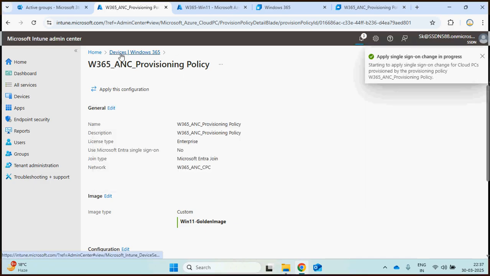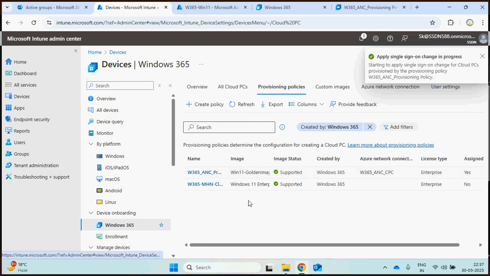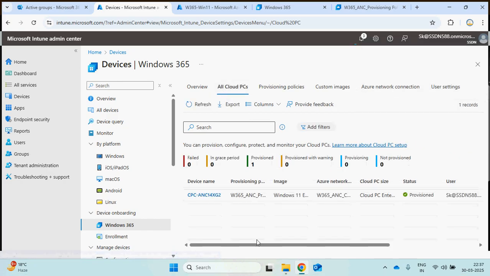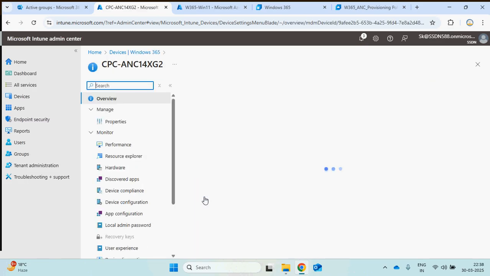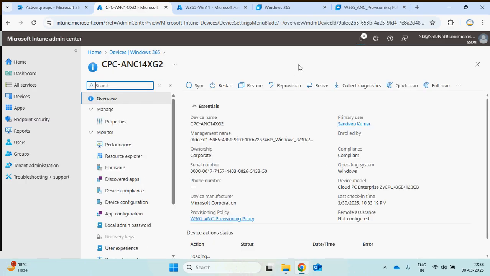And after that, if you go back to your devices, the image that will come here will be coming from that custom image that we have created.